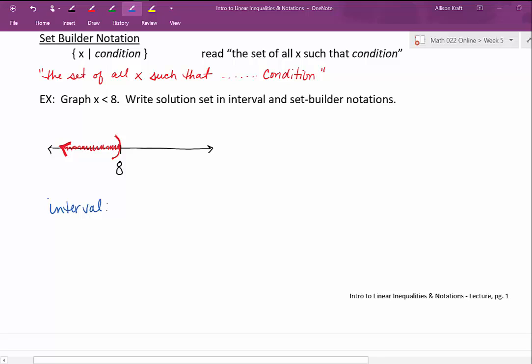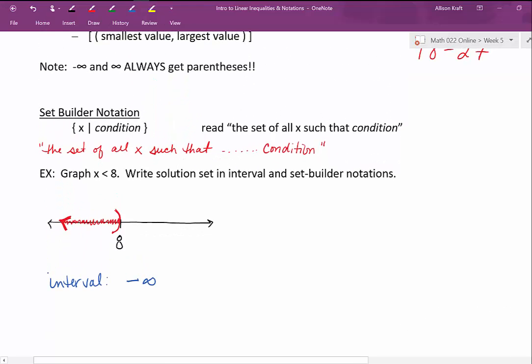With the interval notation, we want to start with the very smallest number represented with the shading. Smaller numbers are further to the left, so we look to the left, and I see an arrow. That arrow tells me to go forever to the left. The number that's forever to the left is negative infinity. As mentioned above, negative infinity and positive infinity always get parentheses. So we're going to write a parenthesis here,